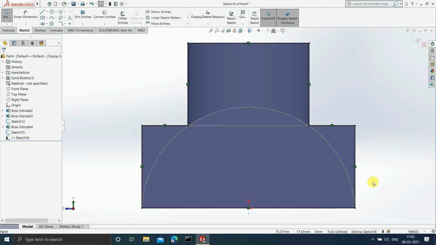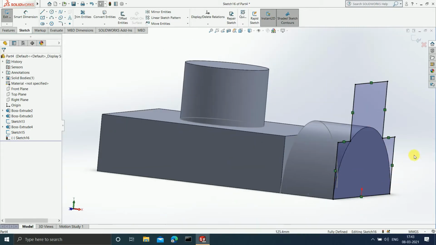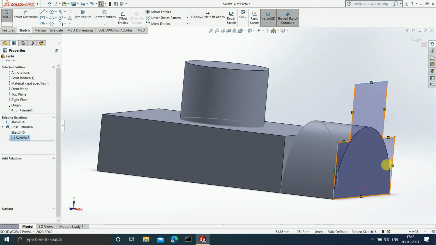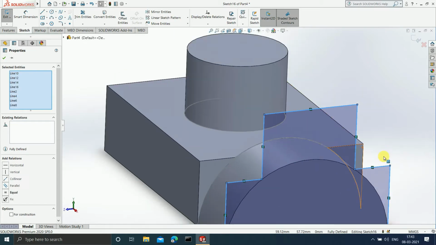I am getting the outer edge, the outline of the entities. Seen from the right hand side, if I press Ctrl 8, this is the outline that we get.